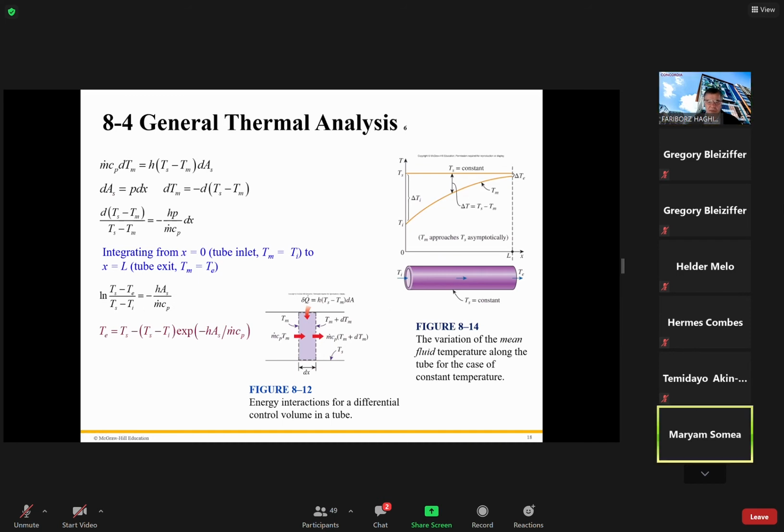Excuse me, sir. Yes, sir. What if they ask for the temperature midway? Oh, I will do that one. Let's go step by step. You mean at any point, right? Yeah, yeah. Therefore, this x that we have right there,